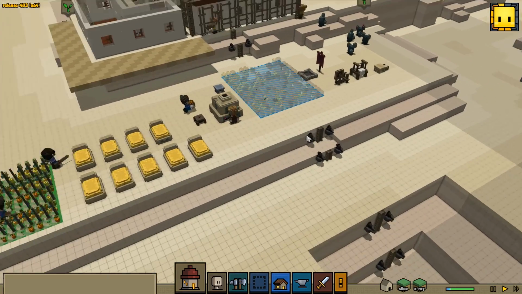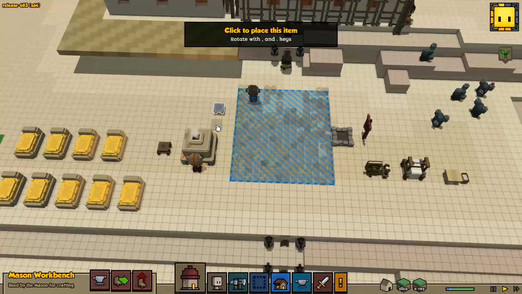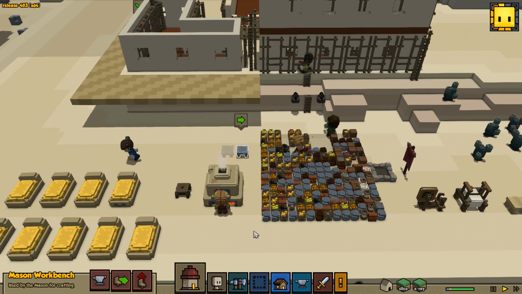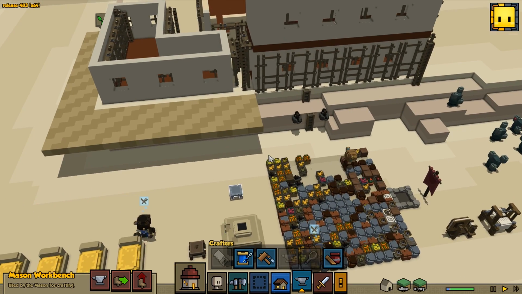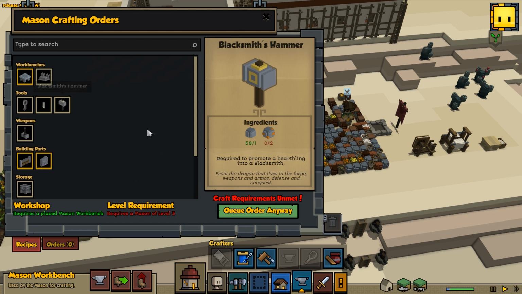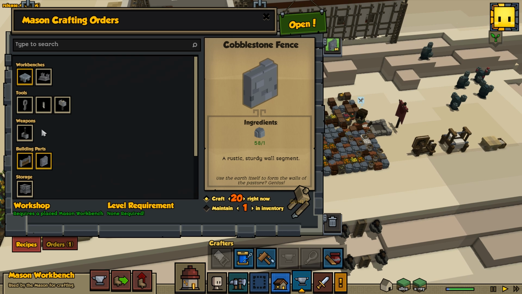Craziness. Total craziness. Okay, so let's move this workbench over a little bit, because I want to have that sort of centered. Everything has to be in the right spot, right? So there we go. Move that over, and we can start working on... Ooh, Potter level 1. Excellent. Good job, Aqua Splash Queen. That is kind of a tongue twister, at least for me. Okay, so let's start building some... Oh, Blacksmith's Hammer. No, Mason level 3. Okay, so we can't quite do that. So we're going to build, let's say, 20 walls. Not 120. 120 would be a little much. 20 walls, and we're going to build...